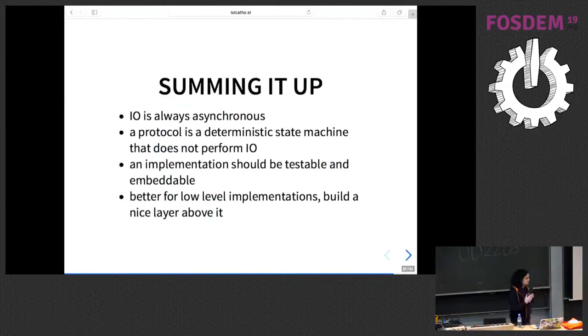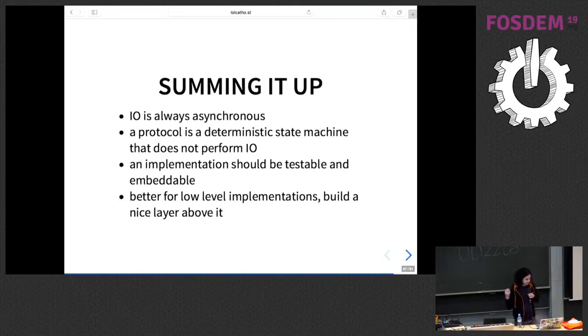That's testable. That can be used with Mio, with futures, with everything you want. That's a real pain to write. Honestly, I would like to write high-level code, but for what I want, this is a bit easier. If you have higher level applications, write them with async await, with futures. If you have low level protocols and stuff, do that. This will be a bit better.